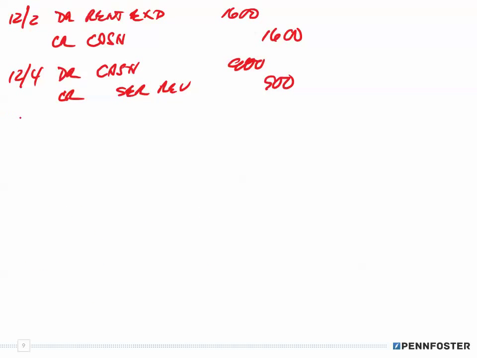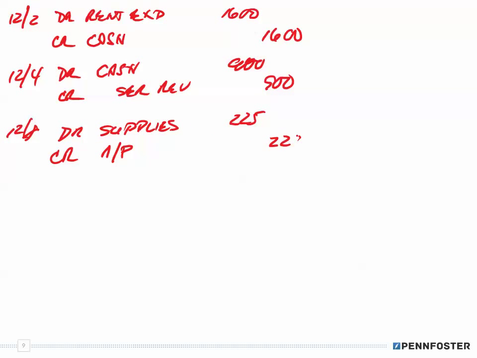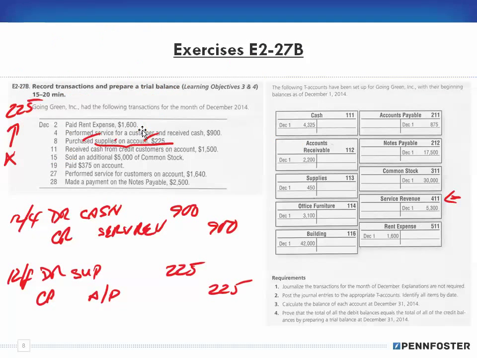So on 12/8, debit supplies for 225, and credit accounts payable for 225. Yes, I know I needed to indent that, just like I should indent cash there. Accounts payable. All right, let's see. Next is